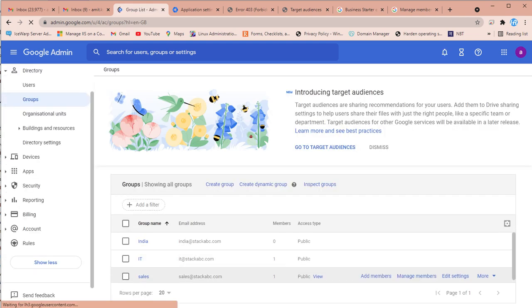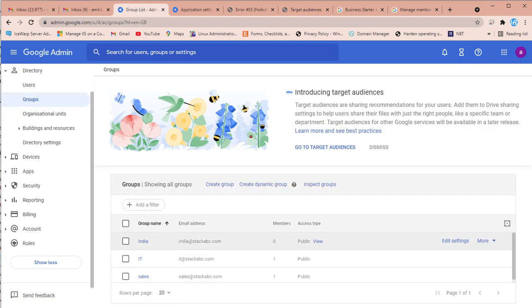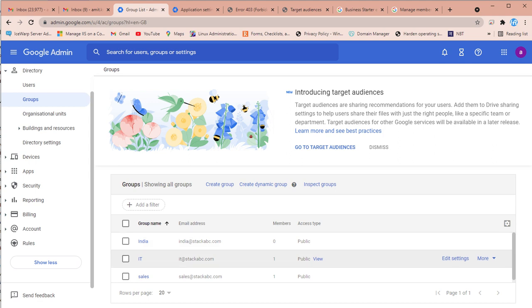Now this group has been created. You can see only one member has been added automatically because one of the users has the department value IT. If you want to add more users, you just need to specify the department value IT, and users will be added automatically in this group.